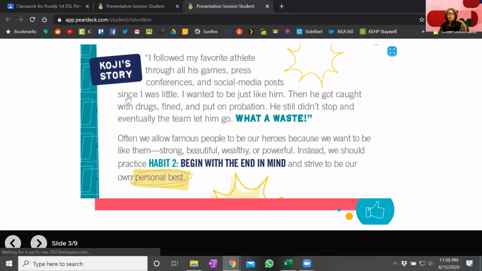So this one is called Koji's story. Koji's story goes like this. I followed my favorite athlete through all his games, press conferences, and social media posts since I was little. I wanted to be just like him. Then he got caught with drugs, fined, and put on probation. He didn't stop, and eventually the team let him go. What a waste! We often allow famous people to be our heroes because we want to be like them: strong, beautiful, wealthy, powerful. Instead, we should practice habit to begin with the end in mind and strive to be our